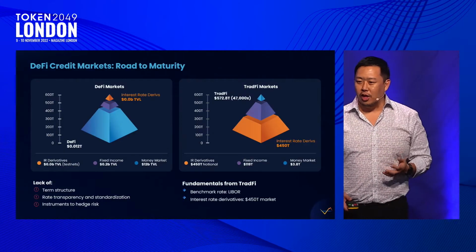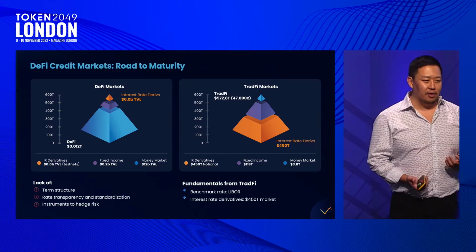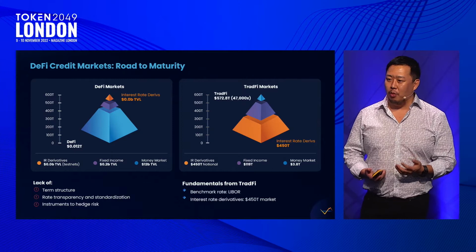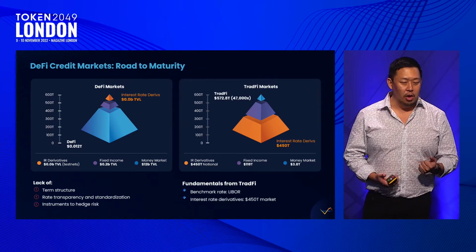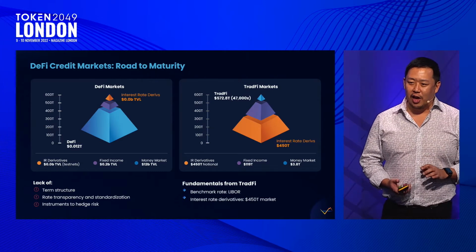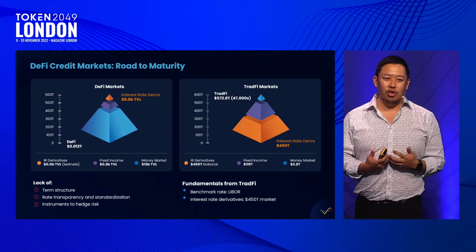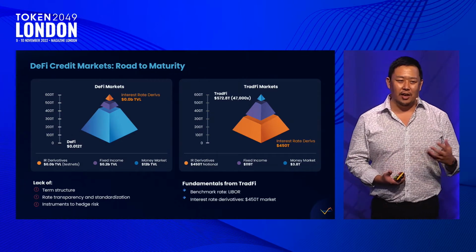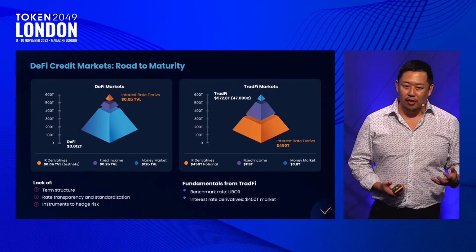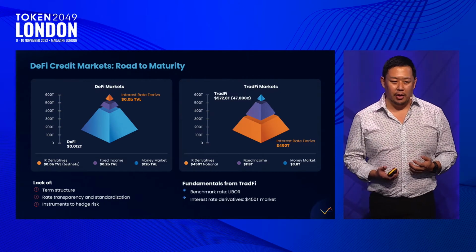So if you guys are here, maybe you know a little bit about the DeFi credit markets. So we won't talk about the innovation. Let's talk about maybe more of what is missing. So we really lack this term structure. We really have these nice, very innovative, but very short-term debt markets, right? And this is really interesting, but it's not really useful, let's say, if you want to take a home loan from a DeFi bank.